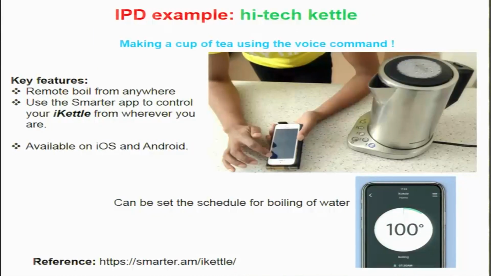Another very good example is how to make a cup of tea using a voice command. The key features that you should have are that you should be able to remotely assist the boiling process in a kettle from anywhere. Use the smarter app to control your iKettle from wherever you are. You could actually schedule the boiling of the water just before you hit the office or just before you come home, so at a distance mode through a